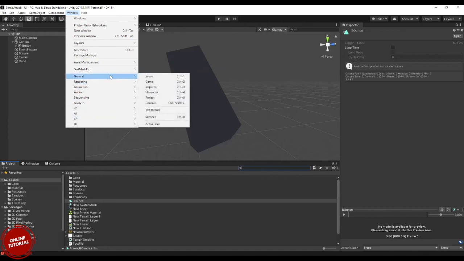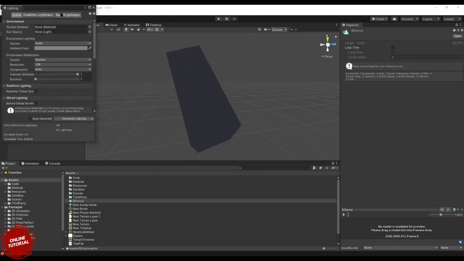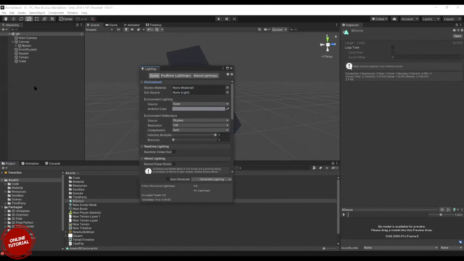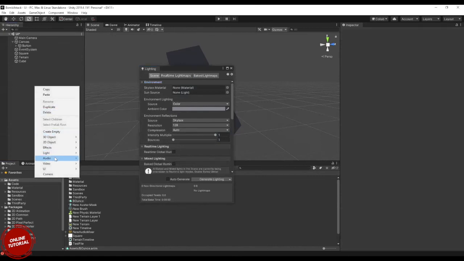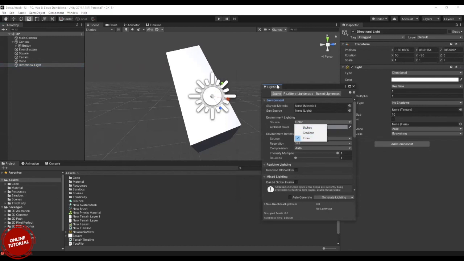Among general windows, you have Scene, Game, Inspector, Hierarchy, Project, Console, which we already have. And for the rendering type, for lighting settings, in the game you have a directional light. If you want to change the directional light and its properties, such as its color, you can see it within this window.